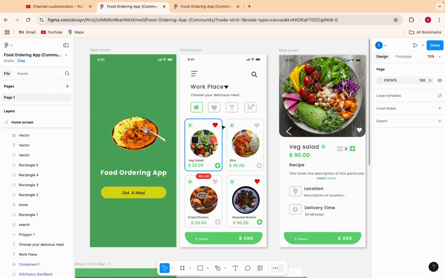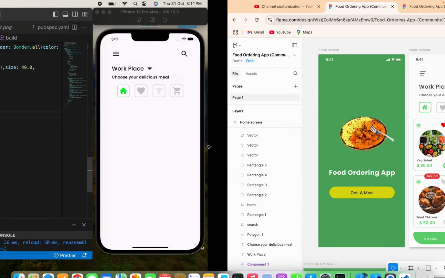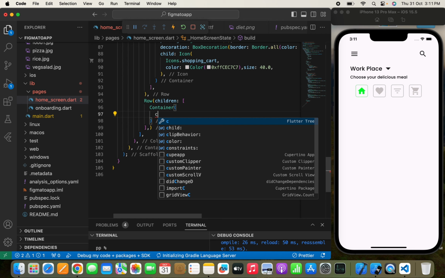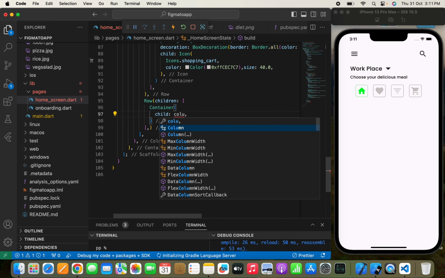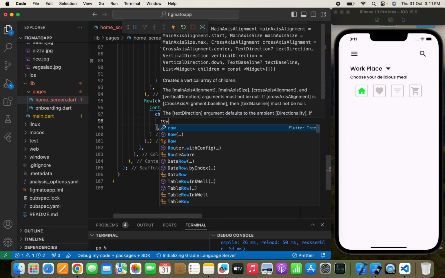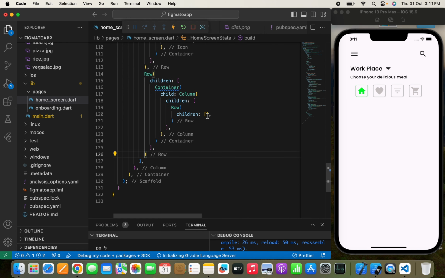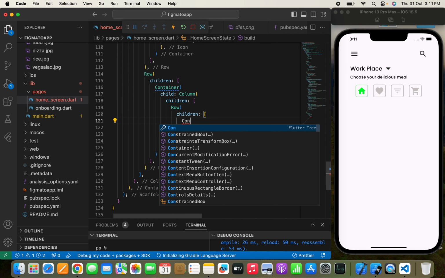So here first do one thing, let's show this one like this. I don't know what really this green dot and the heart icon. So after this I will simply write a child. First we need to pass a column and a children. Now we'll pass a row and a children again. Now after this we need to pass a